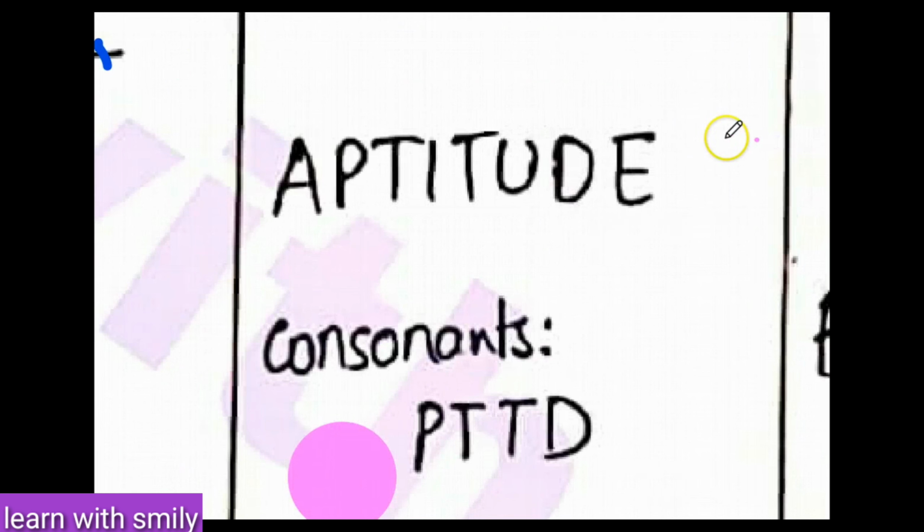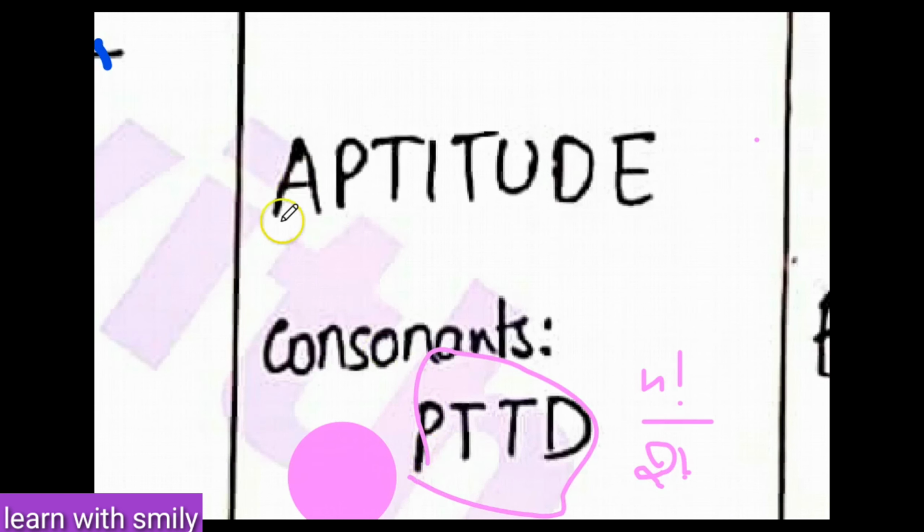Similarly, taking the same word for consonants together, the consonants are P, T, T, D. These are 4 letters, and they can be arranged in 4 factorial ways, where T has been repeated 2 times. So this is the arrangement of consonants within that particular block we are considering, right? Other than consonants, there are 4 vowels, A, I, U, E.